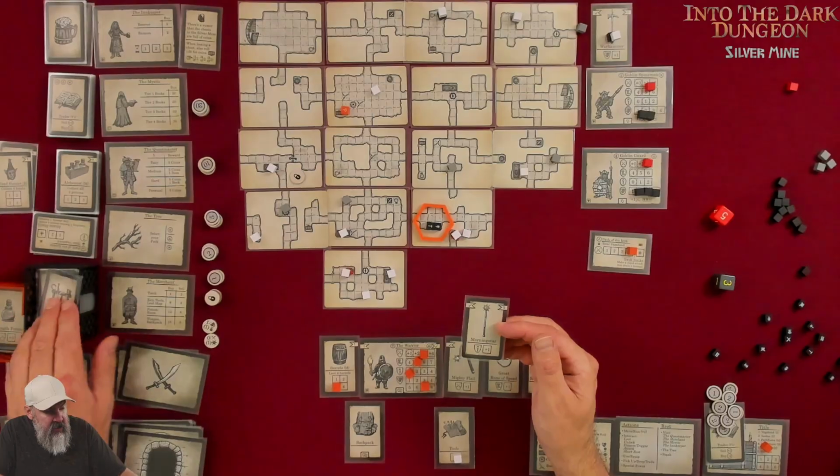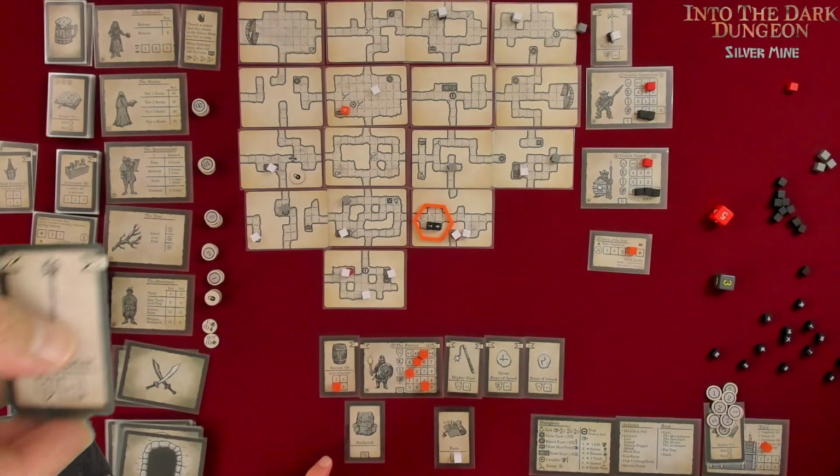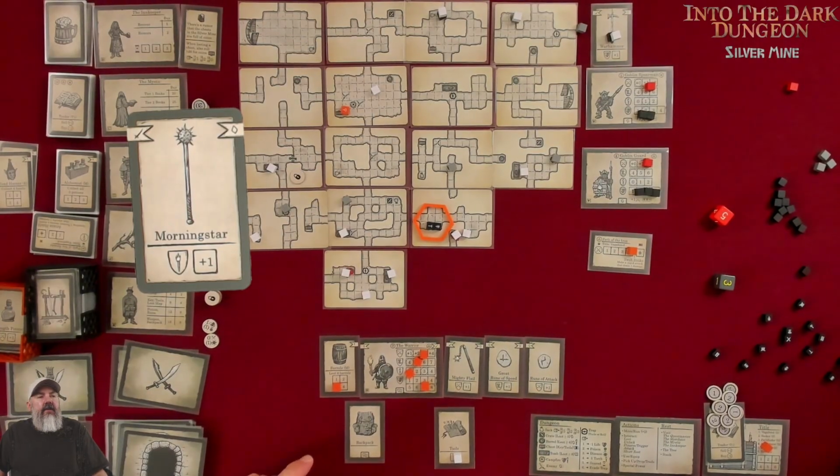Interesting. So here's what we're doing. So look what I found. That's +1 torch. So what does that mean? Does that mean that I actually gain a torch, or I just have like...